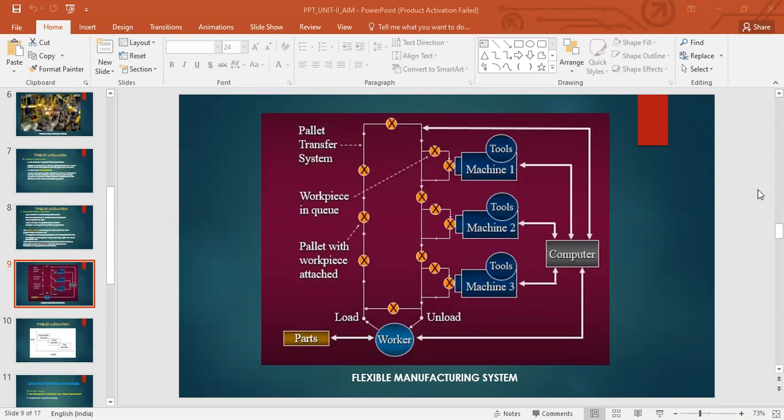Each cell will have a dedicated machine setup. The transfer system will take the workpieces to the different machines, and the workpiece will be loaded to the machines as per the instructions. If it is required to be processed there, it will go there, otherwise it will skip that. All that is controlled by the computer. Clear what we mean by flexible manufacturing system?